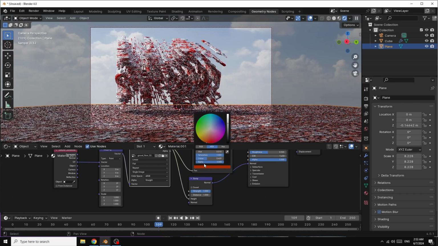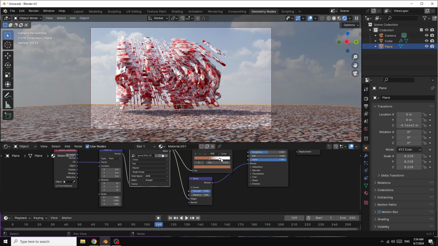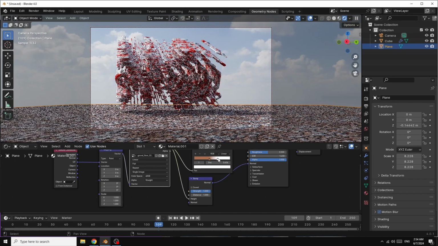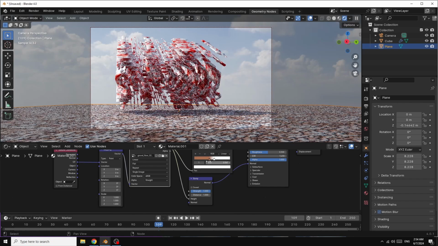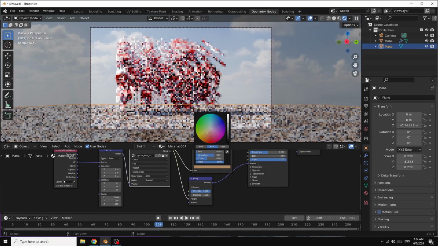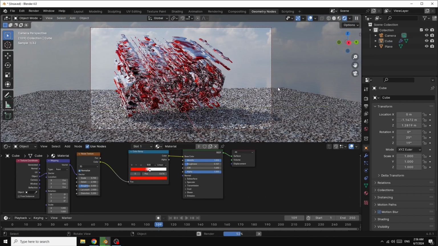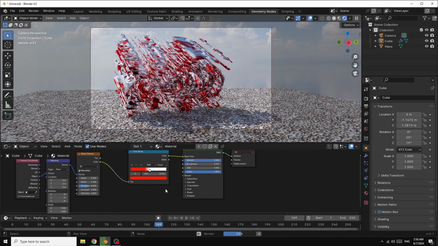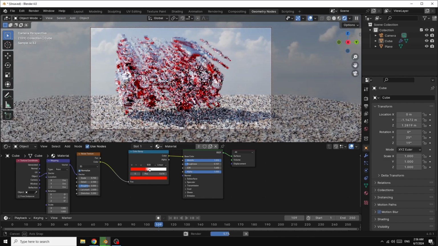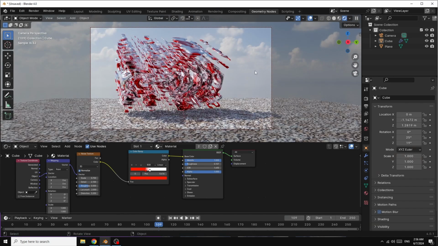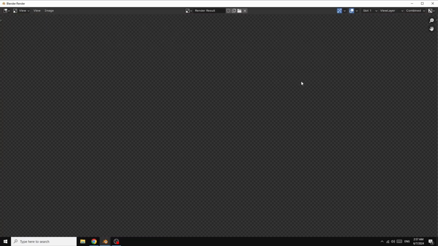And here I change the color to maybe. There is one more thing I want to make. The roughness. Change it.